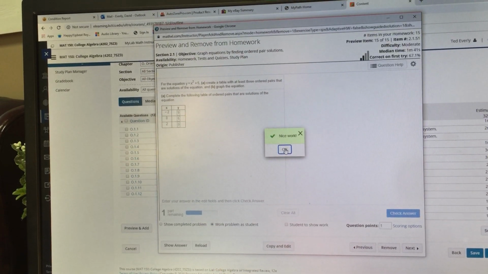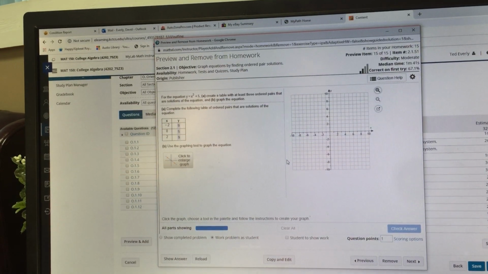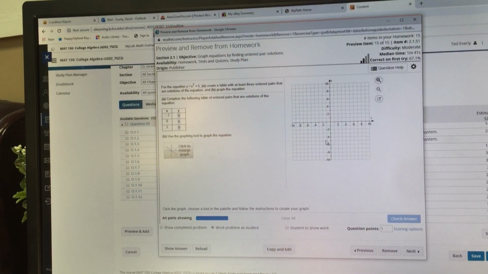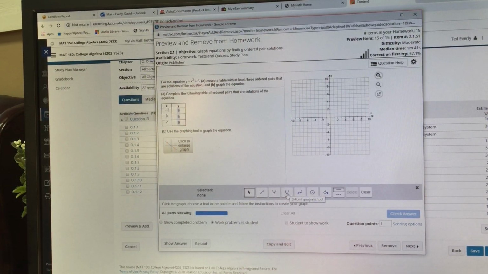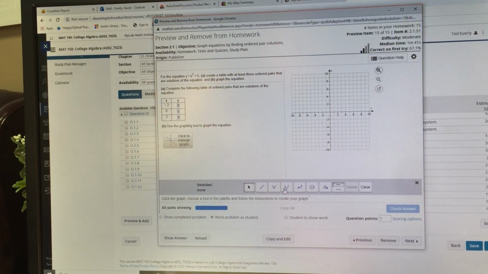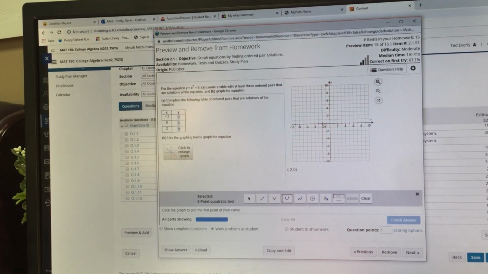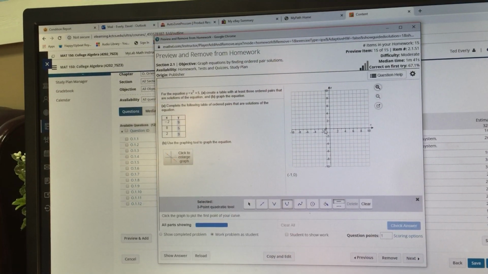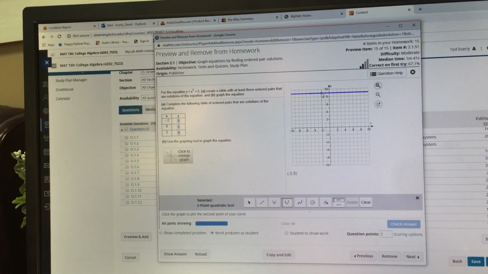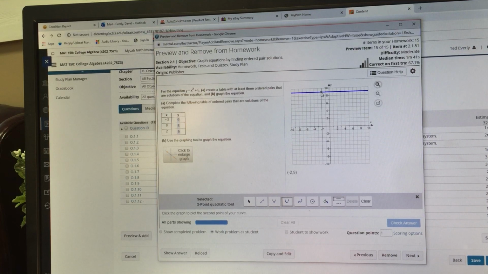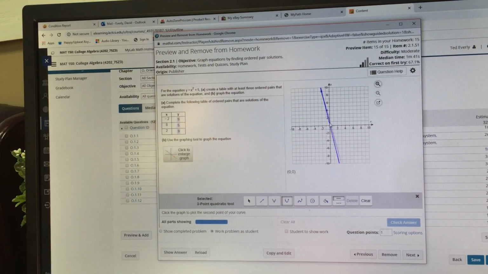All right. Now we've got to graph them. So I'm going to click the graph just like before. This time it's going to make a parabola like this because it's x squared. Anytime you have x squared, it makes a parabola. So I select this choice. Okay, and same thing, I just plot those points. So I go -2, which means I go back 2, and then I go up to 9, which is right there. Okay, then I've got to do 0, 5, which means I go over none, and I go up 5,